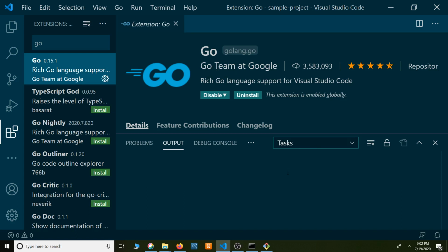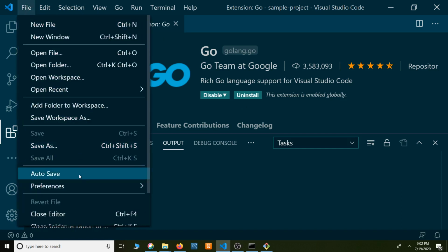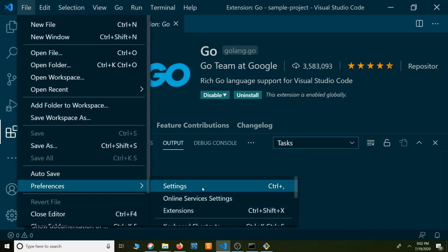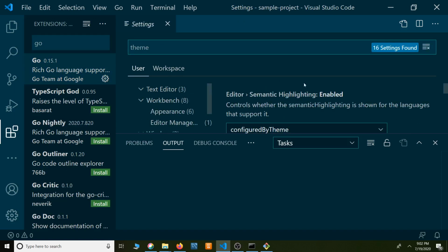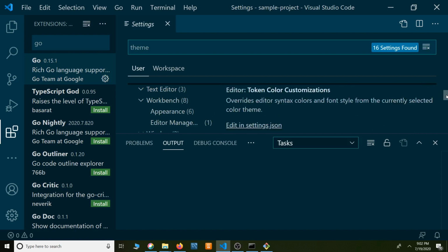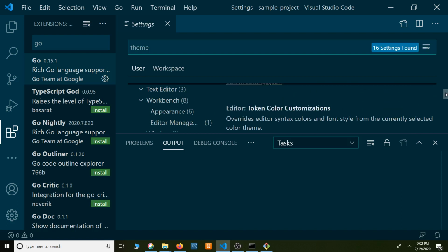Once this is installed successfully, next what you have to do, and one more thing, I am using a different theme. To see the difference, go to preferences, settings. If you want to change, search for theme here, workspace themes, here it is present.